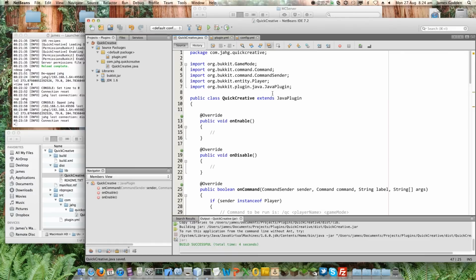We're also going to need to know how to store multi-step commands. For instance, if I start a command running and then I have to maybe hit a block in the world or place a block or something, then how do you know whether the player who's hitting a block has already started a command or not? So we need to do some examples of that.